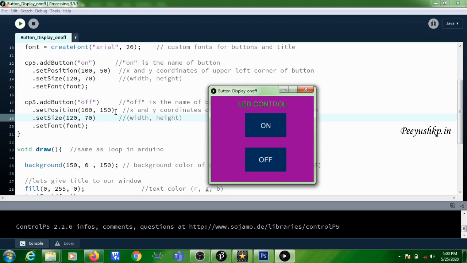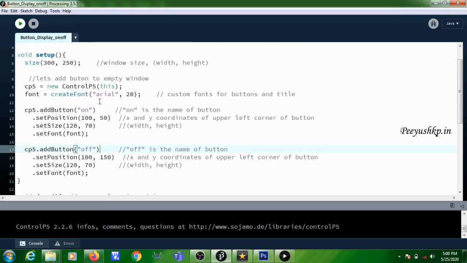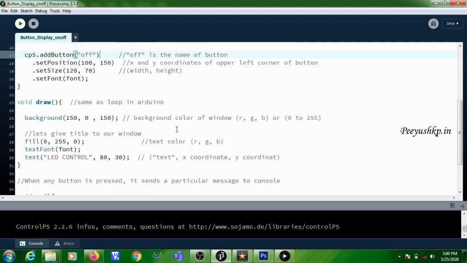Adding the button, creating the widgets or objects or whatever user interface you are using, whether it is a button, knob or scroll bar, the creation of those things should be done in the setup part. Why? Because this needs to be run only once. These are the configuration steps.